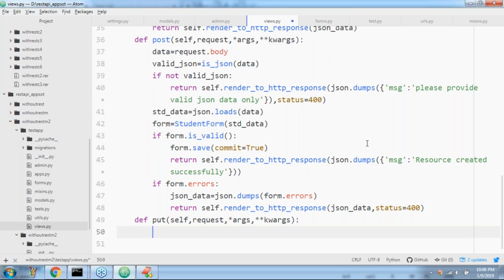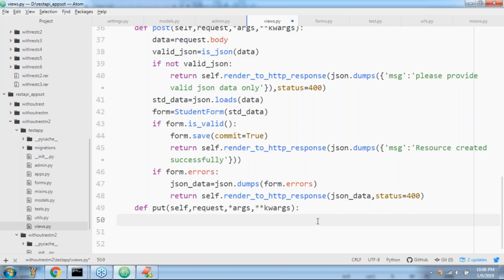Now very simple. Get the data. Is it valid JSON or not? Like the first few lines. Can I copy paste this code? Any doubt?